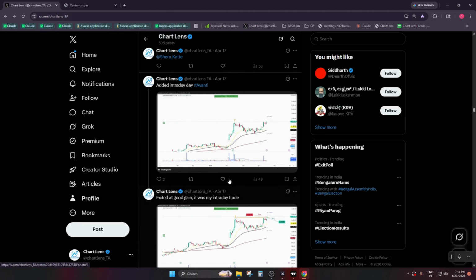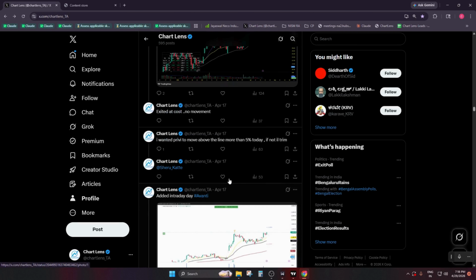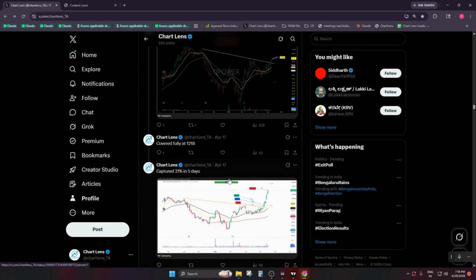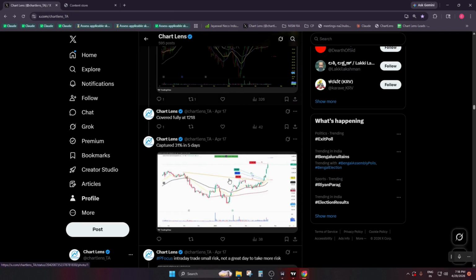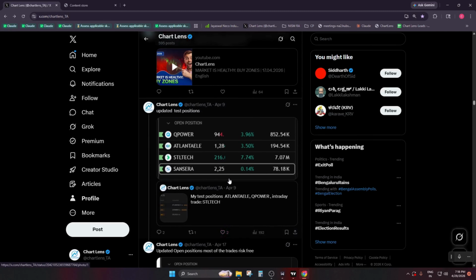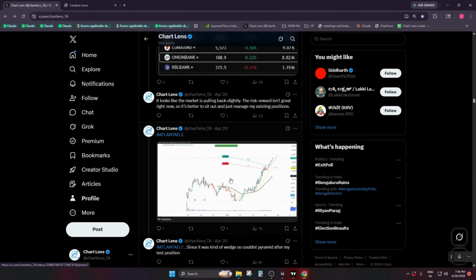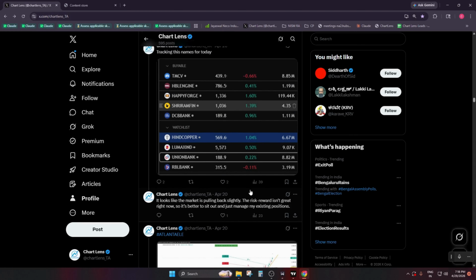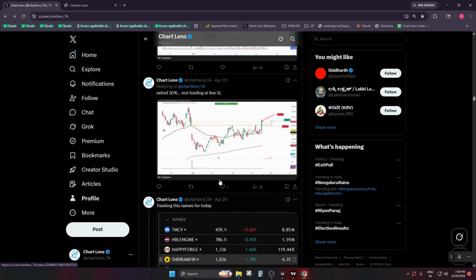Cummins India, I added. It was in intraday, but I added. So this is all my intraday trades. Let me fast forward it. This position. This is all okay. Now I think after that I added some other position. I forgot the Privi. Ultra and electrical is fine. I think I added Privi that day. Where is my Privi today?